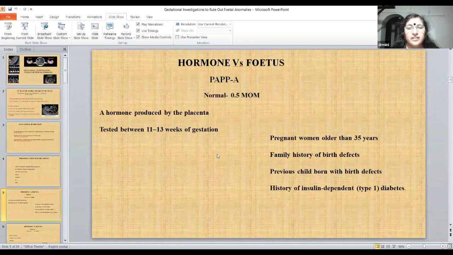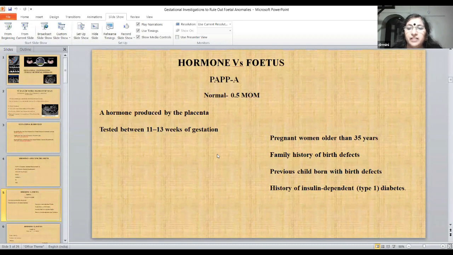Hormone versus fetus. First one, PAPPA, pregnancy associated plasma protein A. The normal is 0.5 MoM, and it is a hormone produced by the placenta. The name itself says it is pregnancy associated plasma protein, and it is produced by the placenta. It is tested between 11 to 13 weeks of gestation,